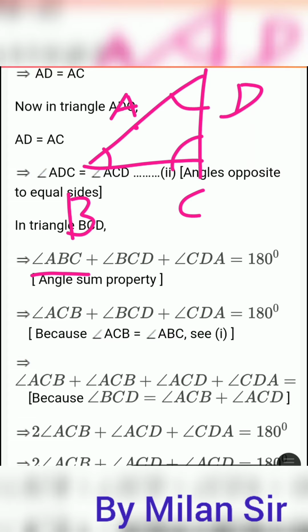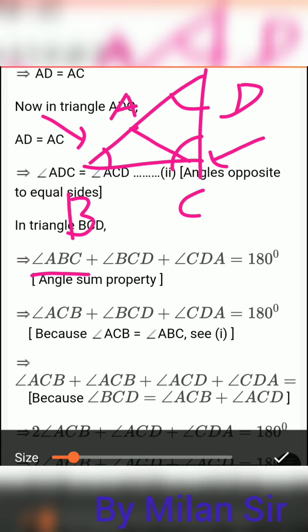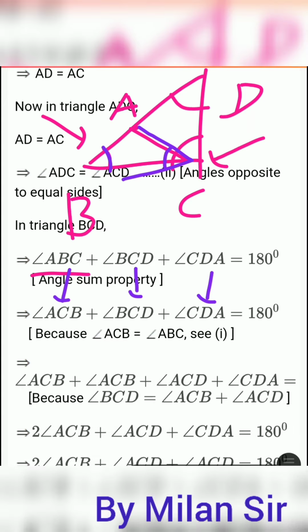Now initially we proved that ABC is equal to ACB, right? Initially we proved that these two parts are the same. So in place of ABC we can write ACB. Right now BD as it is, and CDA it is also as it is, equal to 180 degrees. Now